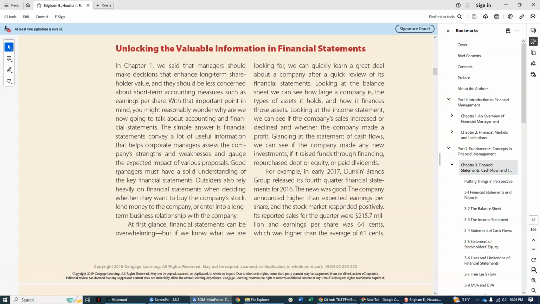The simple answer is that financial statements convey a lot of useful information that helps corporate managers assess the company's strengths and weaknesses and gauge the expected impact of various proposals. There are outsiders who are interested in your company, and they rely on your financial statements to make sales decisions. So it's important for financial managers to understand the value of